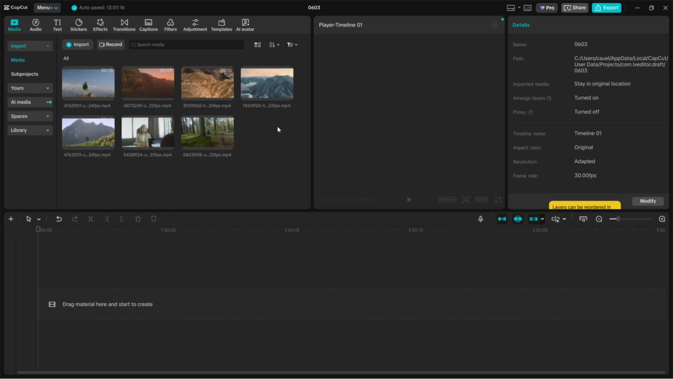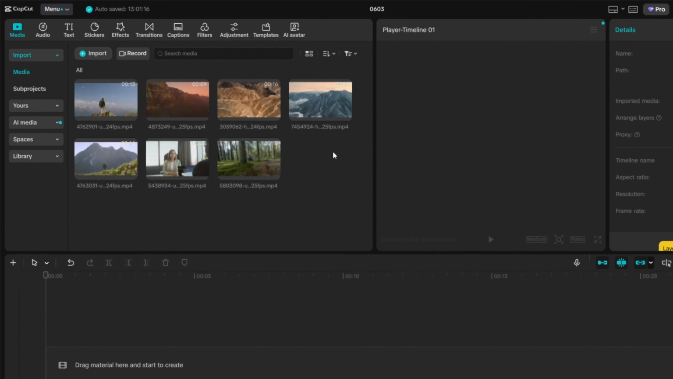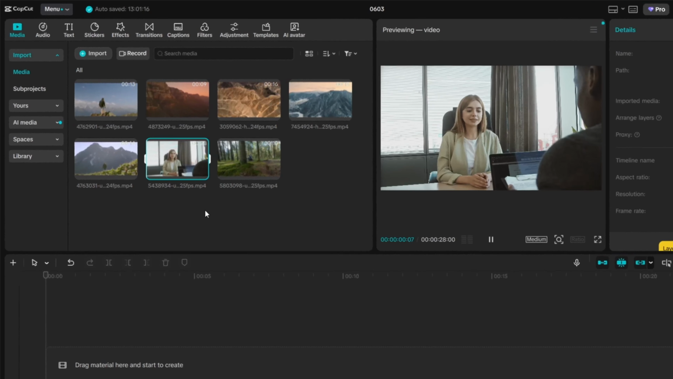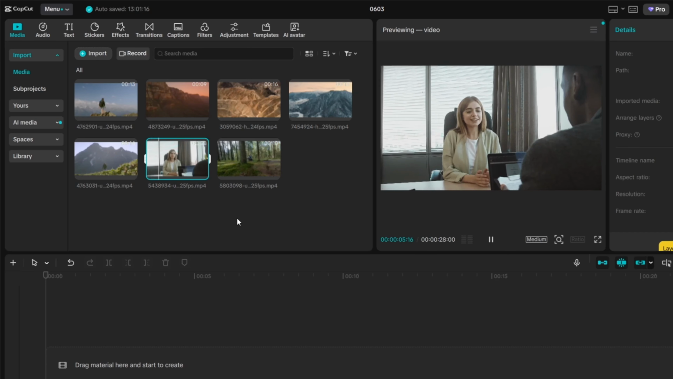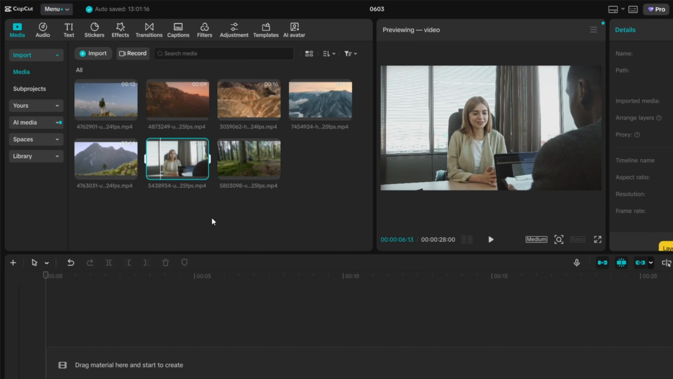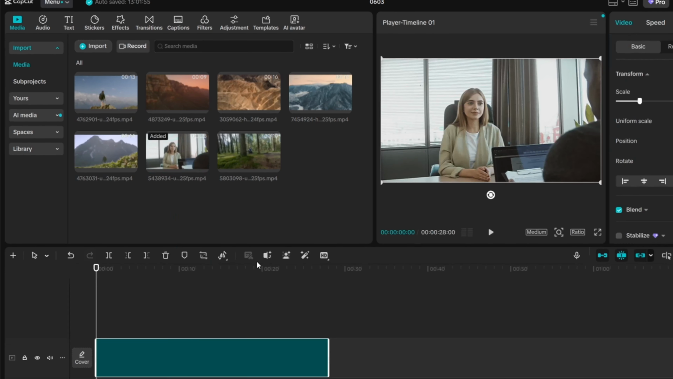Hey there friends, in this video I'm going to be showing you how to cut out the middle of a clip inside of CapCut. So let's say I'm going to edit a dialogue or a conversation or maybe a podcast in CapCut. This is a technique that I would be using a lot because